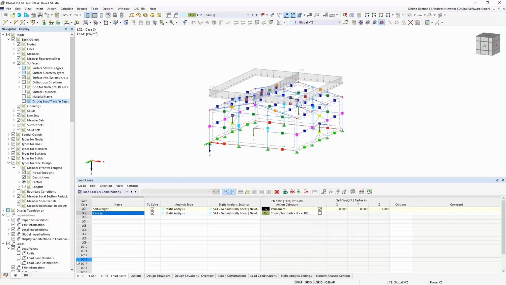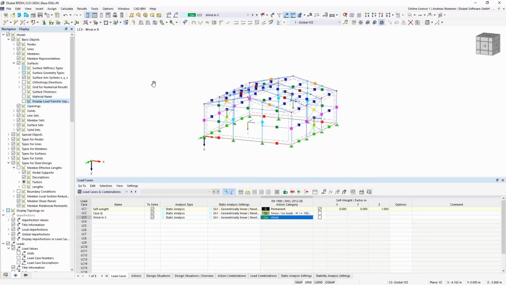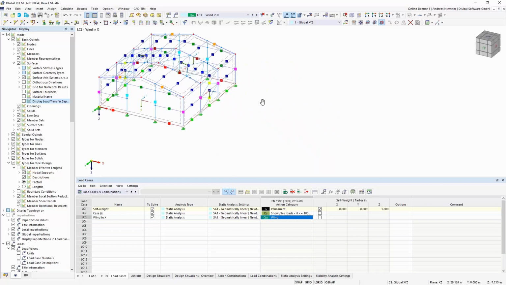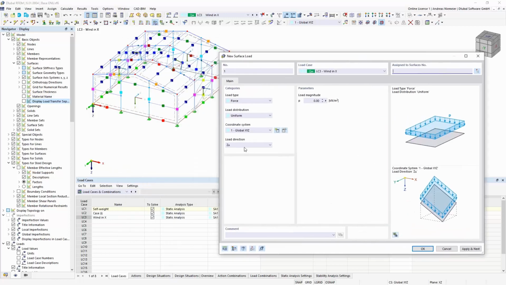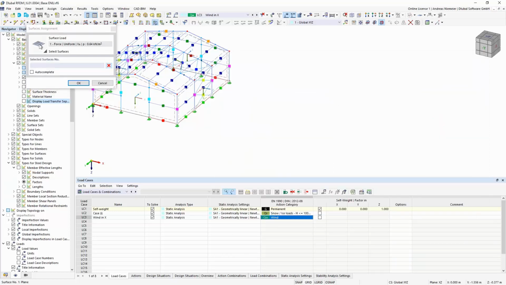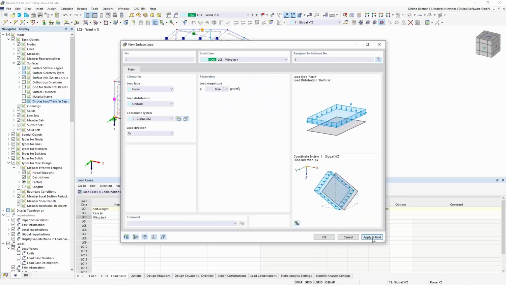Then we can go to the wind loads. Of course you can use the generator now, but we haven't. So I can also use a manual wind here, so wind in X, and let's define a load type and place the loads on the structure. For this I use a surface load, and let's define the load direction. The size, for example here 0.64 on the pressure side, so define the pressure side like this here, okay, and apply as next.